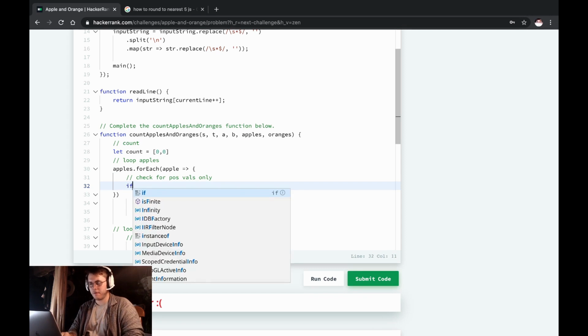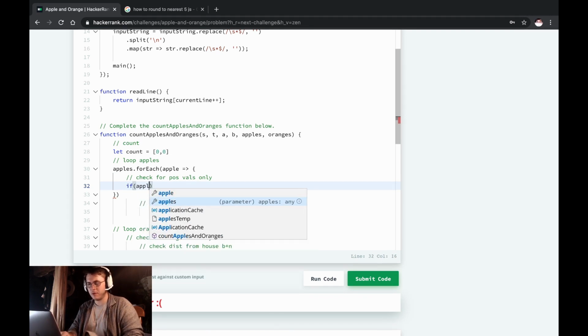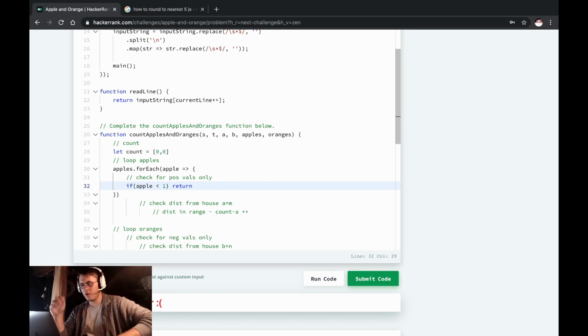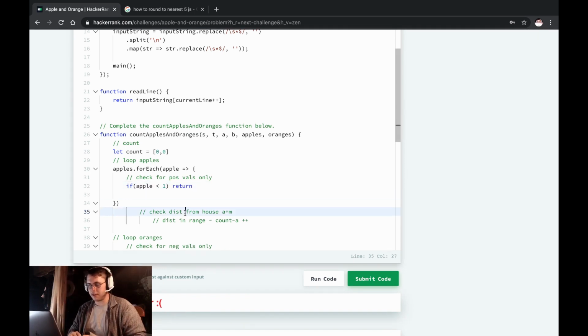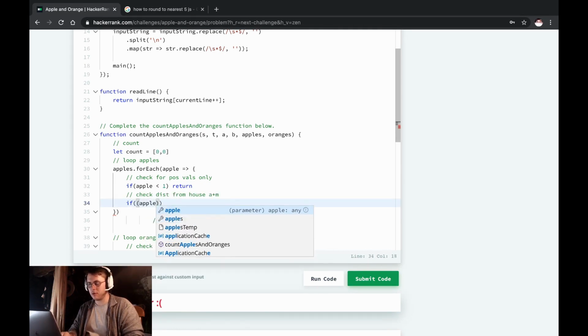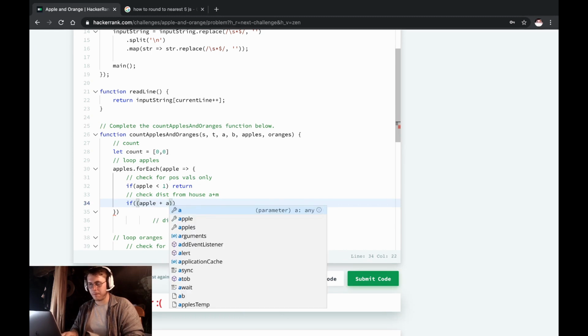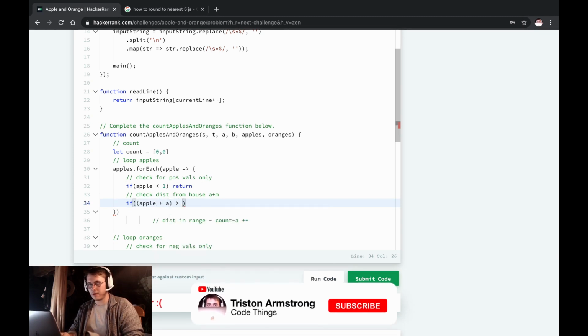We're going to say if apple is less than 1. Yeah, because I said it'll always be equal. Okay, so if it's less than 1, then return. Otherwise, check the distance from the house. No, if apple plus A is greater than S,